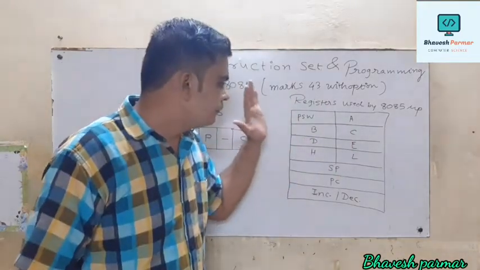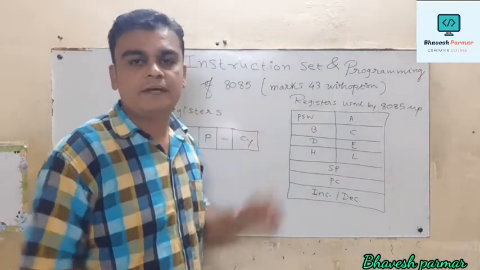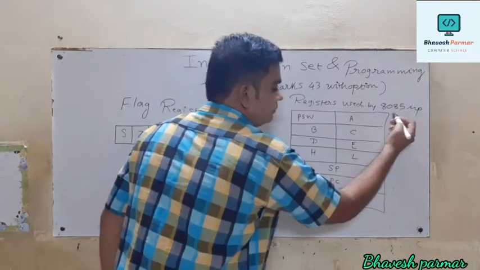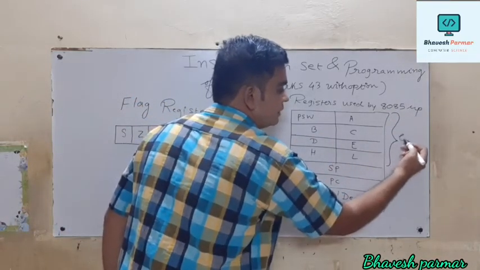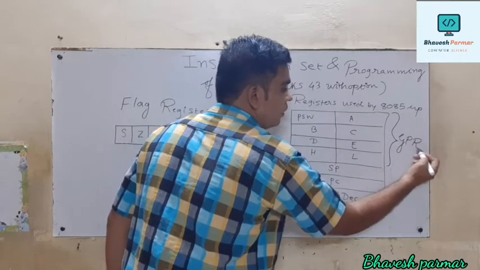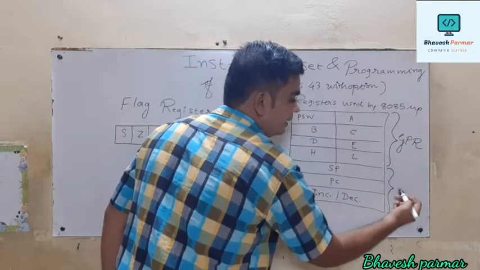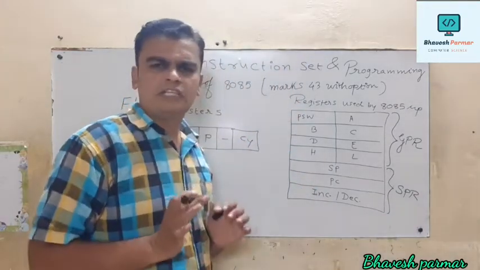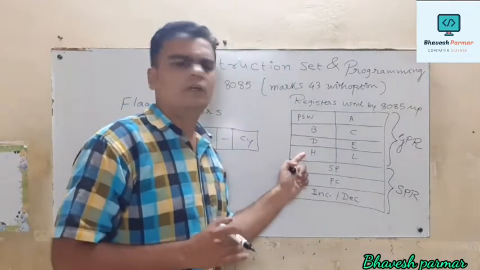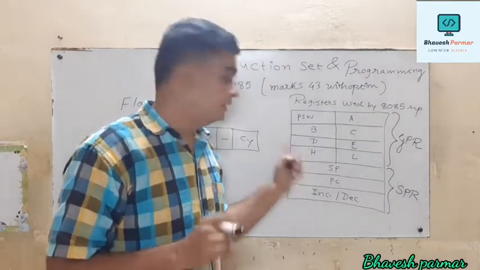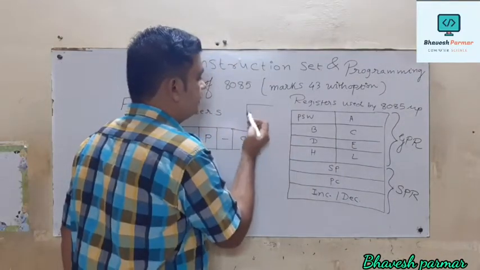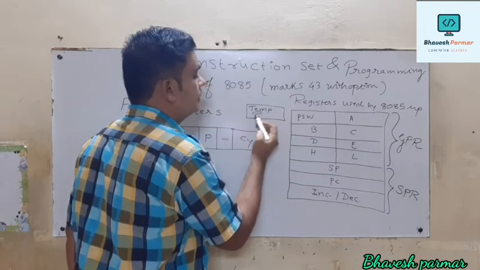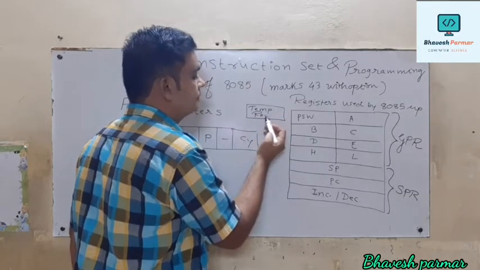So guys, microprocessor 8085 consists of 2 types of register. These 9 registers are called GPR and the remaining 3 registers are called SPR. But now there is one question in your mind, sir, on this board you have drawn only 8 registers. So guys, there is one more register which is represented externally, and this register is called the temporary register.